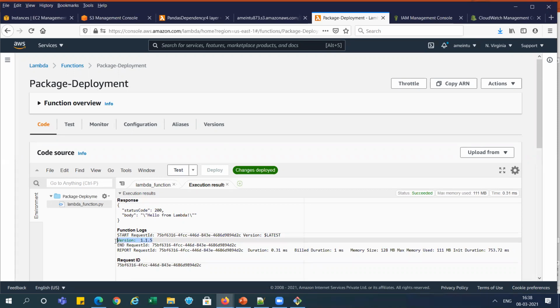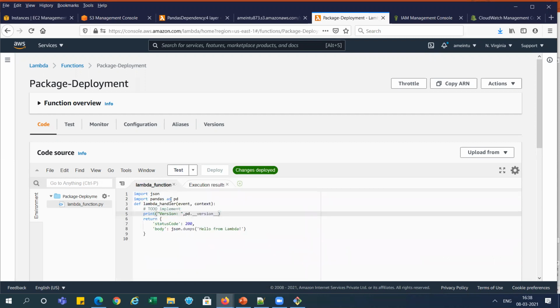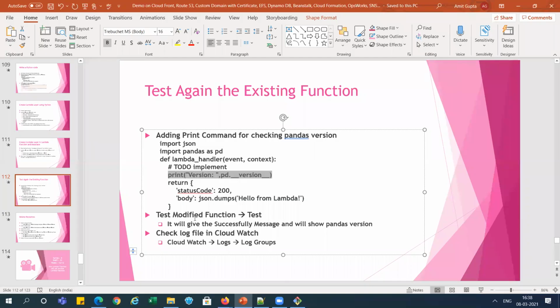So what we did, we have added that layer to the lambda function. Now lambda function can understand what is the pandas.pd. Pandas, right? This pandas library can understand and give the output for this PD version directly. So we can use the layers with the reusable code, and we can assign that to multiple lambda functions, right? So that thing we have done here.